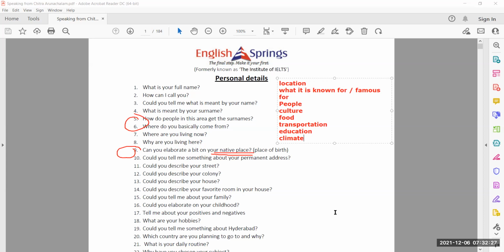Here we are here to learn, to practice. So in order to motivate yourself, in order to come out of your comfort zone, this will be so helpful, right? So you yourself just say your name and then say how can you be called, then about your native place. I would like to start from Ashok.